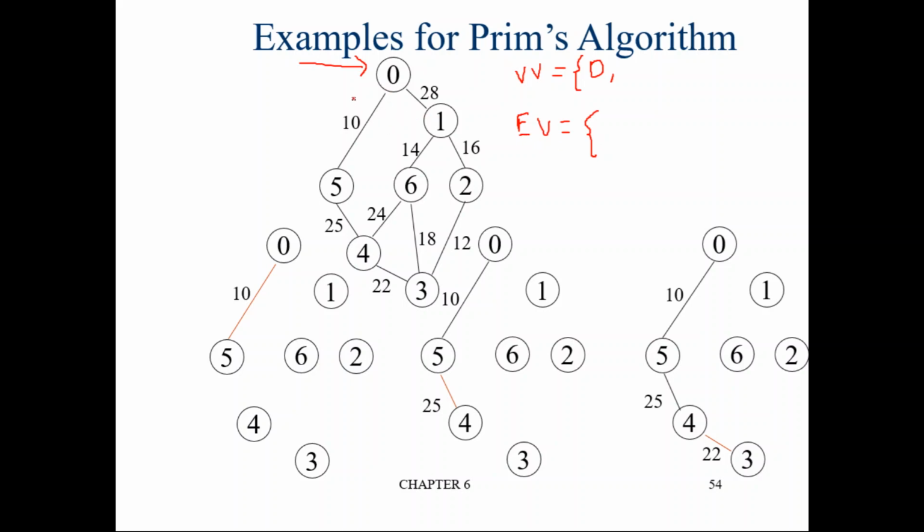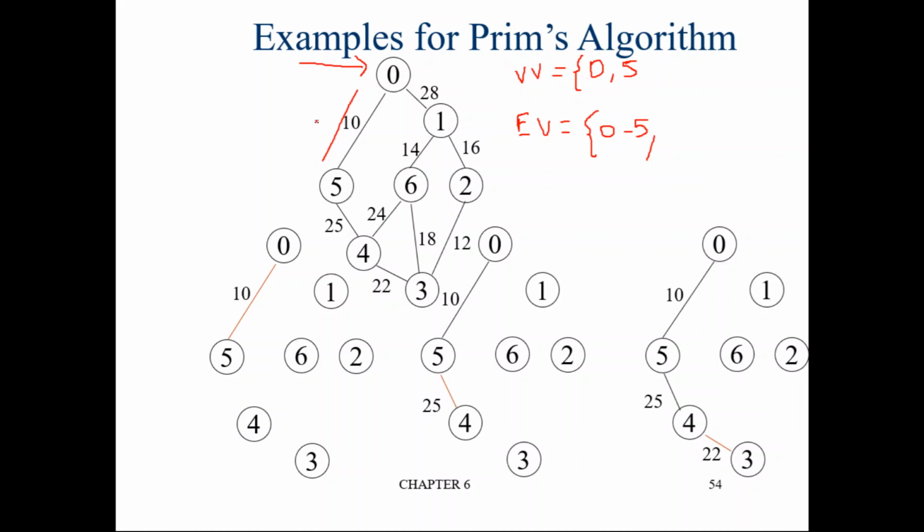So which is the minimum cost edge? 0 to 5 is the minimum cost edge. So just add it to the edges visited list. So now we have visited one more vertex also, that is 5. Add this vertex 5. So this is the state at the end of the first round. Now for the second round